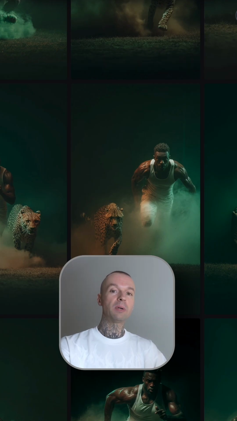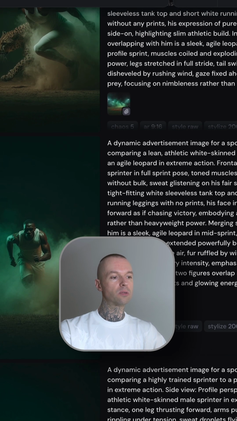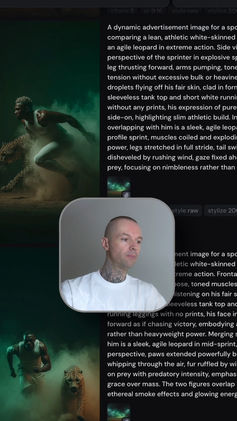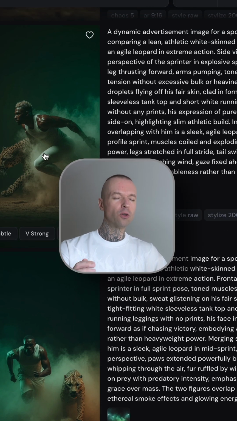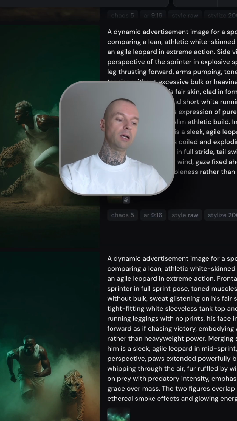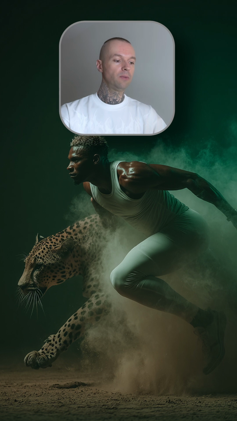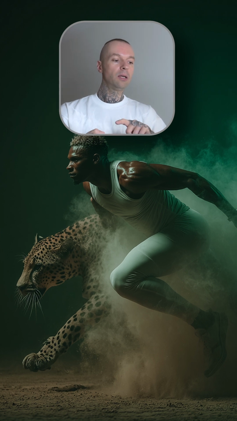So when I prompt my hero shots, I always do it the same way. I use an LLM. So in this case, I used Claude and ChatGPT. I close my eyes and I really talk a lot with WhisperFlow. I use WhisperFlow. So I explain to the LLM how everything has to look, the background color scheme, how the light